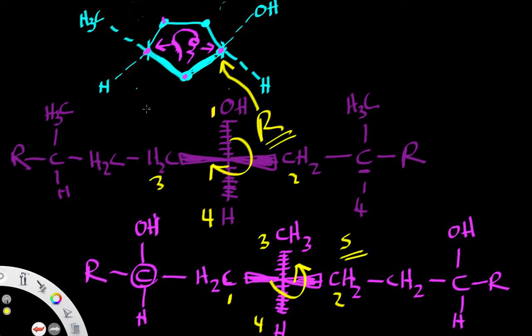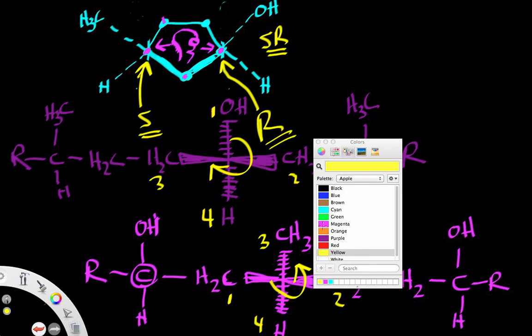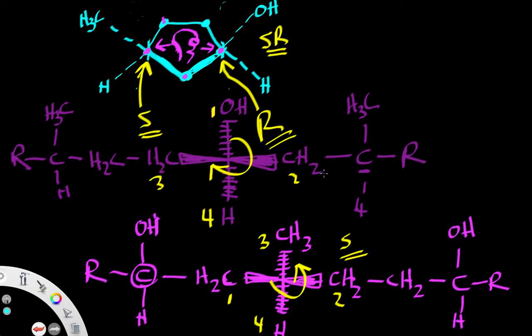So S is going to represent this carbon. So now that we have determined that, we know that our total configuration is going to consist of S and R. So now let's compare it to another molecule that also uses the Haworth projection,